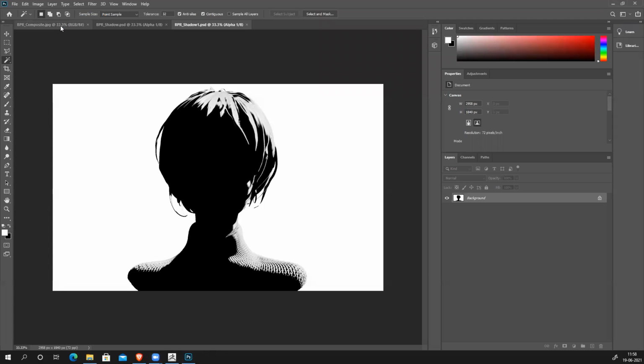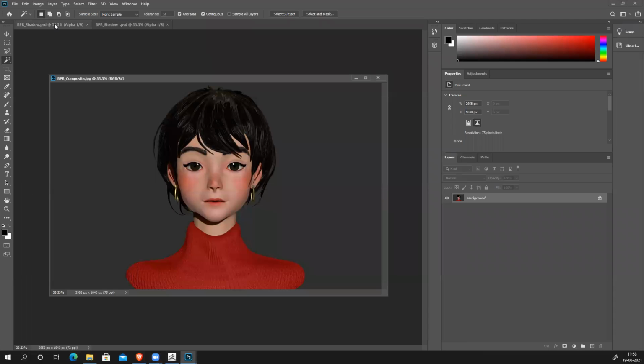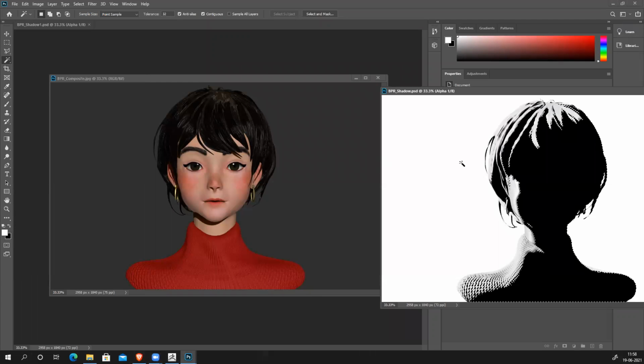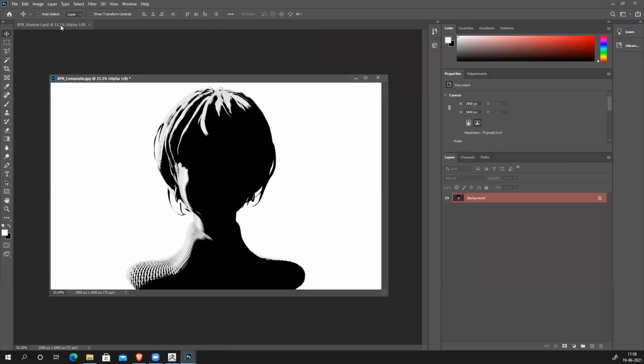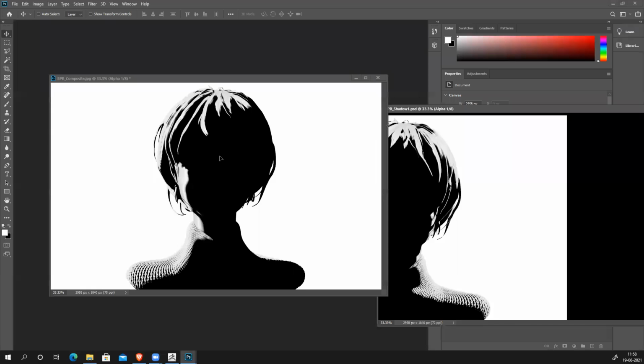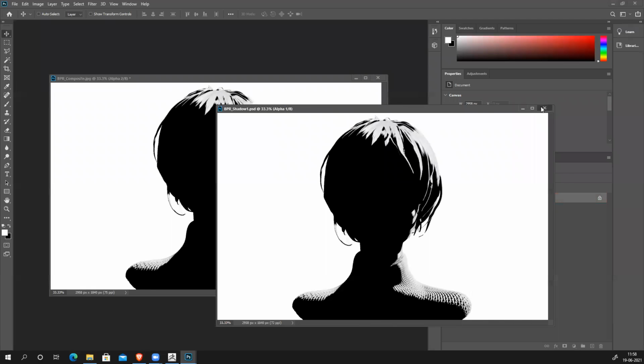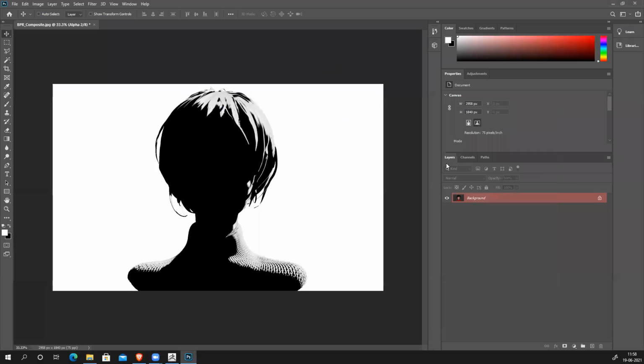So this is my actual composite, this final image. Sorry, Control T B. Drag it up on this. This one is not required anymore. Drag it up on this. Oh, it's in channel.